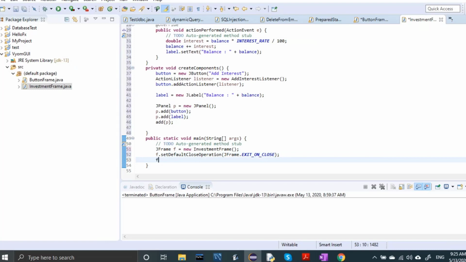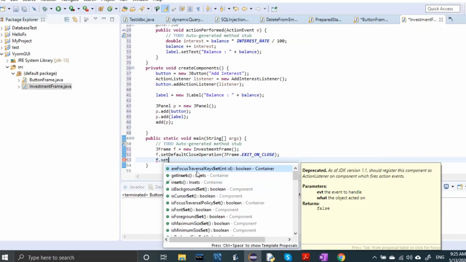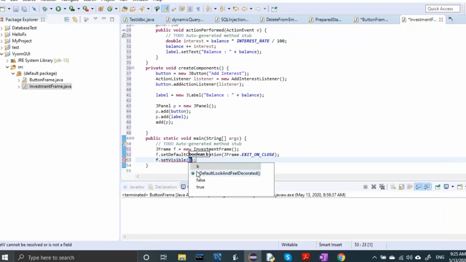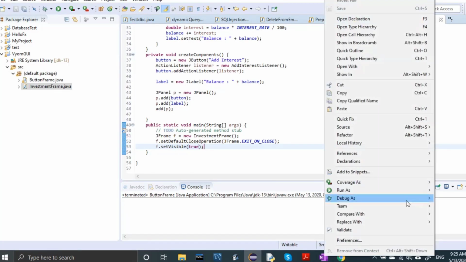Then we write f.setVisible, and we make it true.